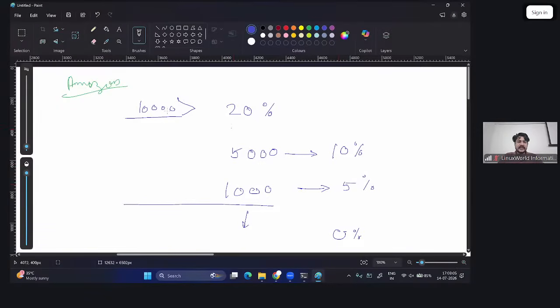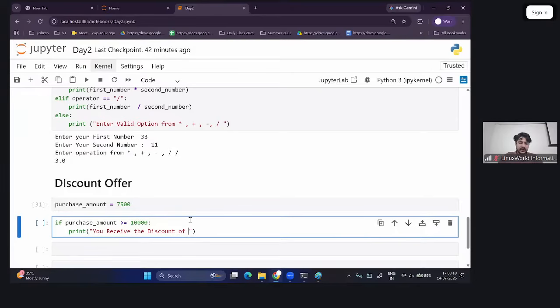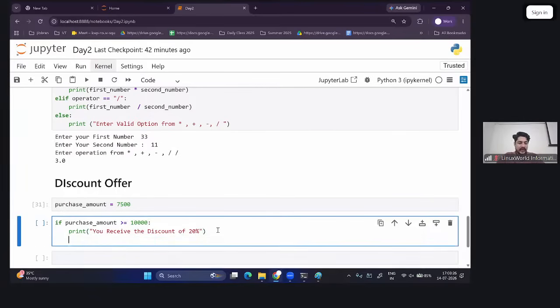So अगर 10,000 करता है तो हमें 20% का discount है. I am giving here this person got a 20% discount. Right? In this case, this person got a 20% discount over here. अगर कोई person 10,000 से ज़्यादा shop करता है, तो I am giving this much percent of discount to the user. Right? Likewise, I want to go and give here elif